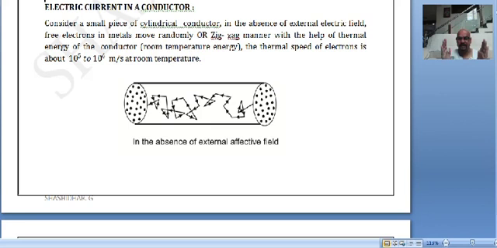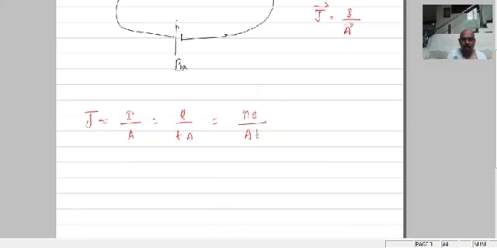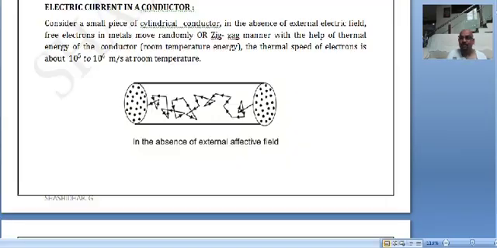Say, for example, in the same conductor, if 100 electrons move upwards, the possibility is there that 100 electrons will move downwards. So the net flow of charges across any cross section of the conductor will be equal to 0 in the absence of an external electric field. Keep this in your mind. Therefore the net flow of charges will be equal to 0, and therefore current will be equal to 0. Suppose you consider a conductor which is not connected to an external field, not provided with any potential difference, the charges will be moving.